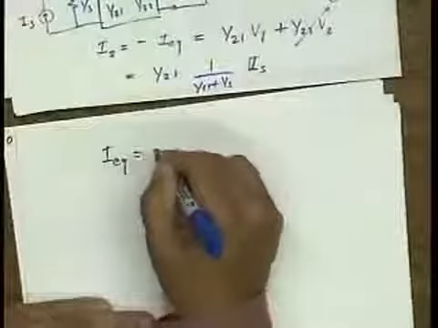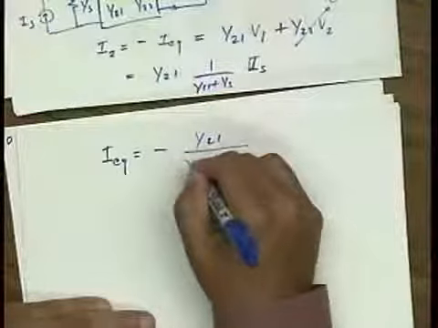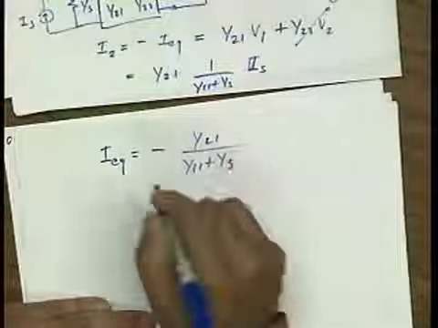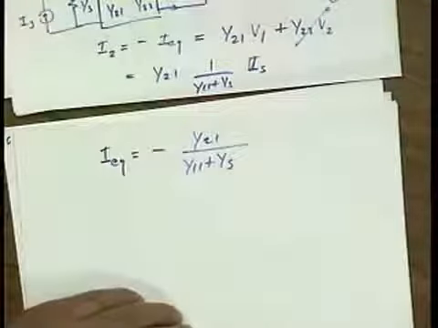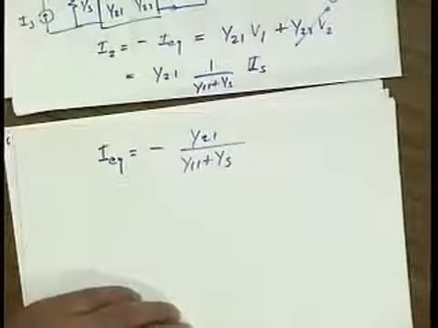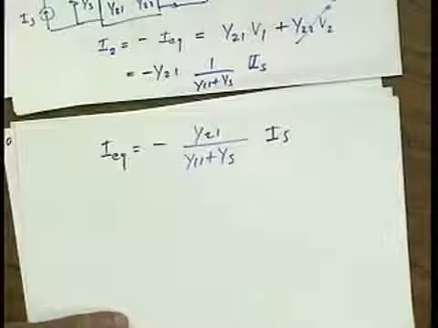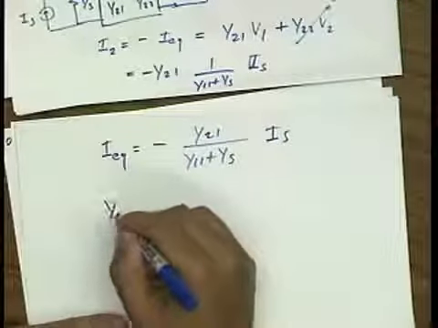In other words, I equivalent is minus Y21 over Y11 plus YS. There should be a minus sign here. Okay, and then Y equivalent